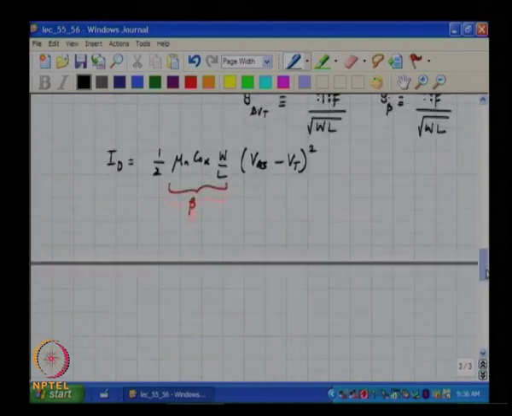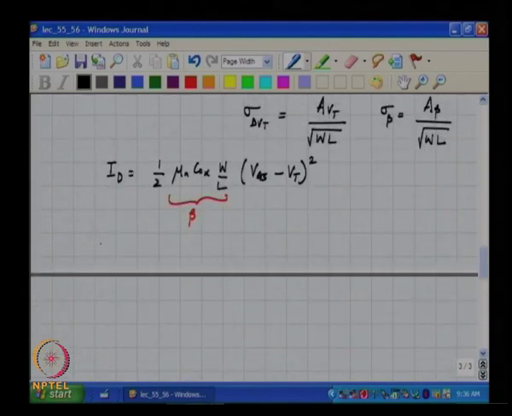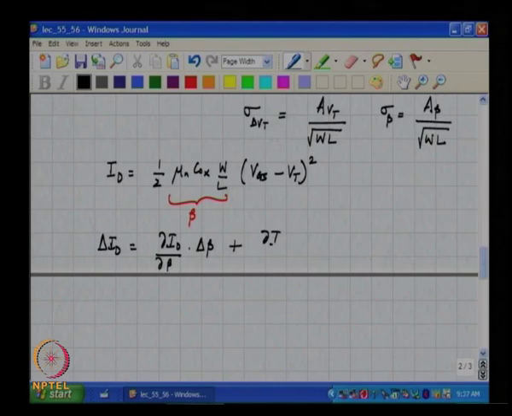So, the change in the current due to a change in beta and due to a change in Vt is given by dou Id by dou beta times delta beta plus dou Id by dou Vt times delta Vt, okay. And this is nothing but half into VGS minus Vt the whole square